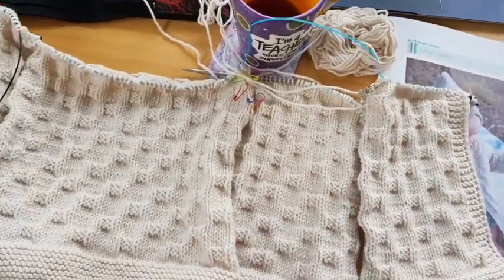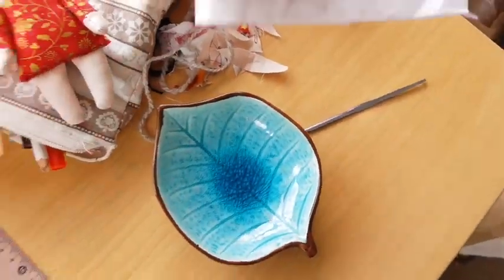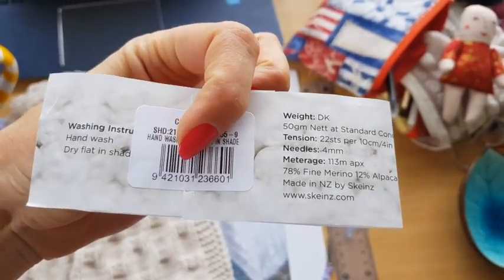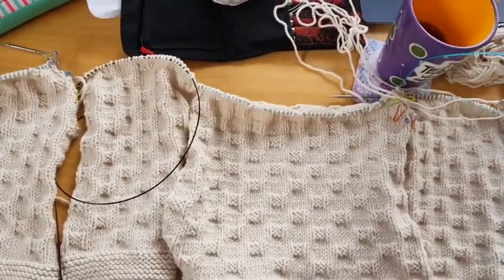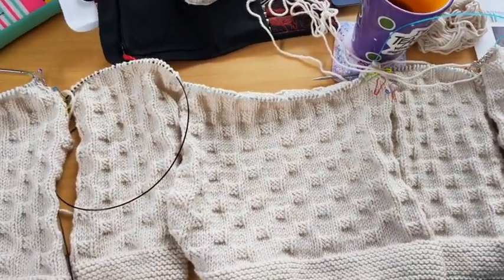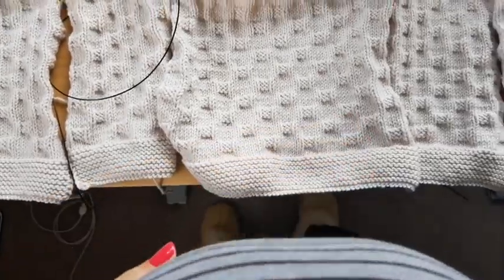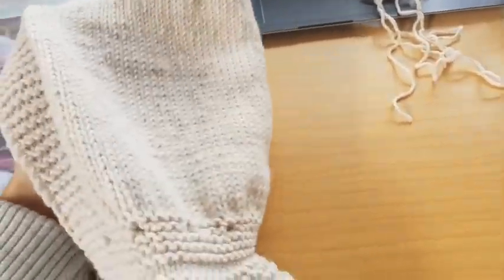And I love the yarn. The yarn is this one, Pearl, which has silk in it. Fine merino and alpaca. Yeah, love the color, really love working with it, and I'm sure this baby is gonna love it. I'm so excited that I have finally finished the hood,